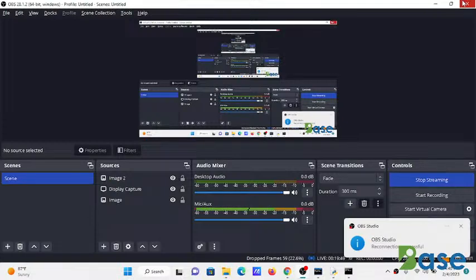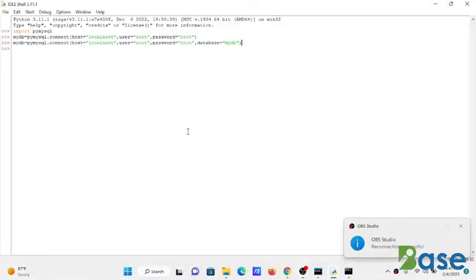I hope you guys are clear on this code, so just keep it with you, how we can establish the connection